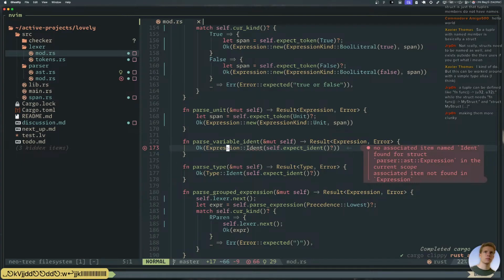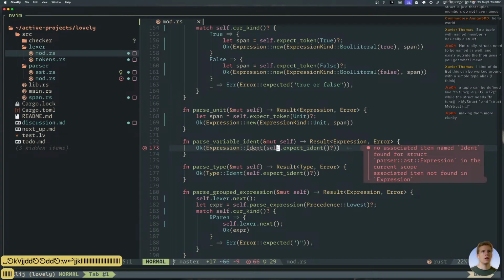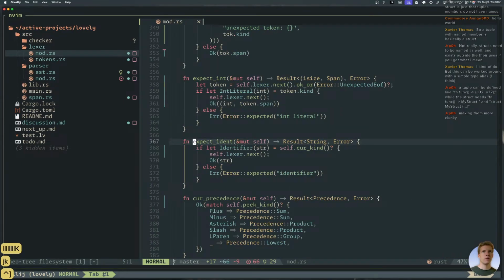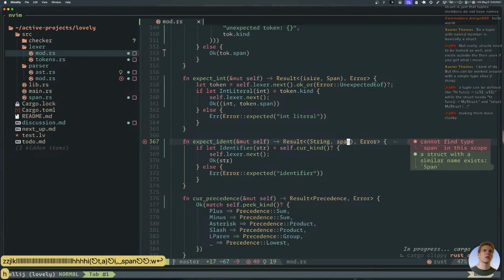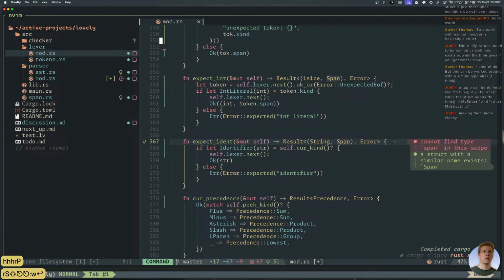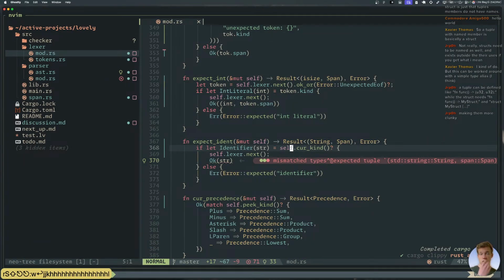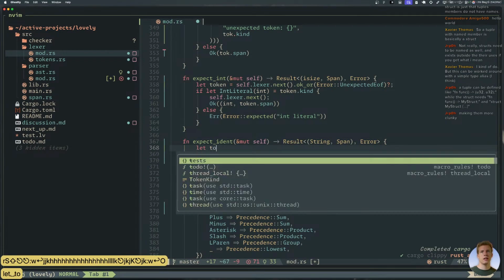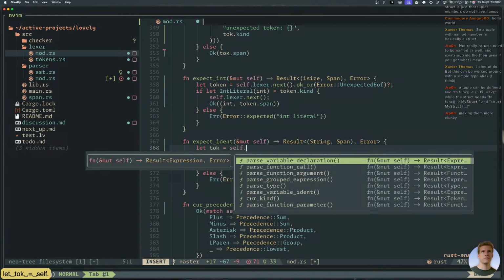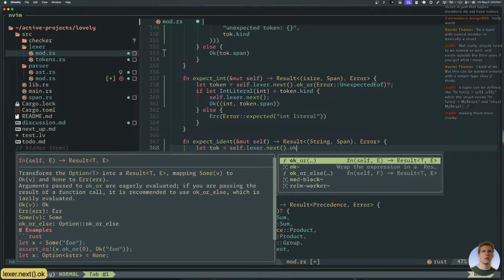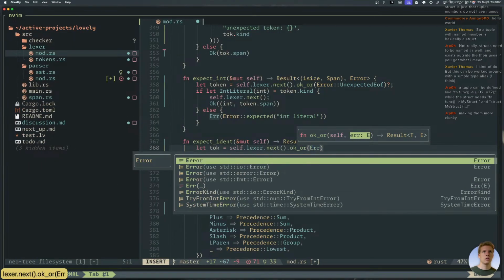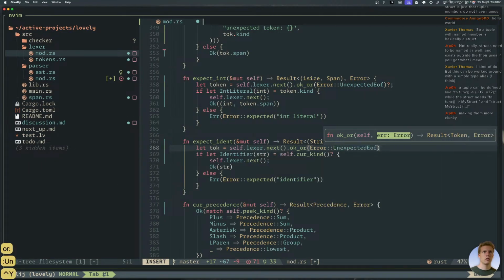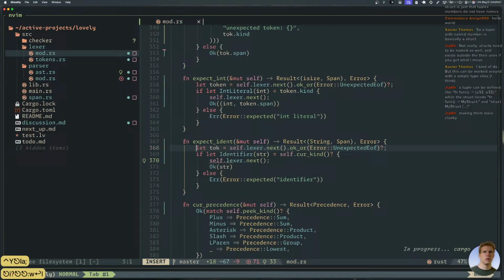All right, expect ident needs to give us a span, right? Okay, so make it give us a string and a span. Kind. That's not what we want. I'm gonna say let toke equal self dot. Now we have a token here.